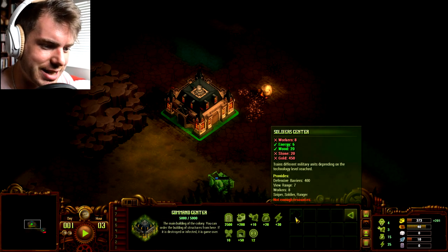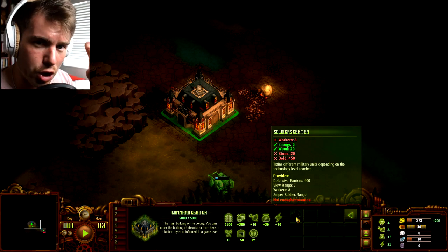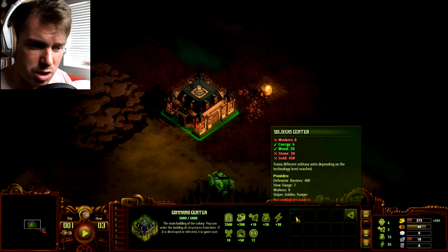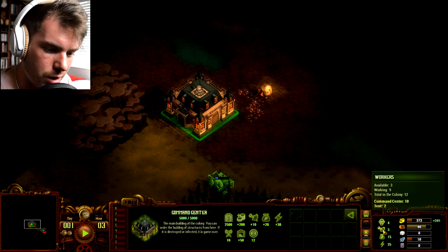But in order to do that, you need 8 workers. And as far as I know, you need 8 points of working for workers to go to, if that makes sense. So you need, for instance, 1 sawmill, 1 fisherman's post, another. So you can have colonists, which is what we've got over here, 4, but we've only got